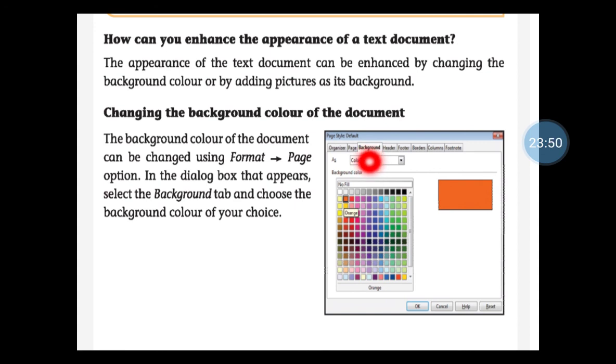After selecting the Background tab, these colors will appear on our screen. You can select any one color, and that color will be applied to the document. Understood? How to add the background color to the document.